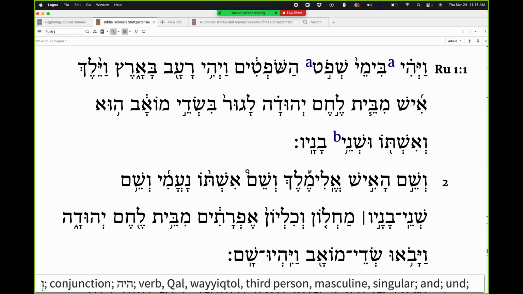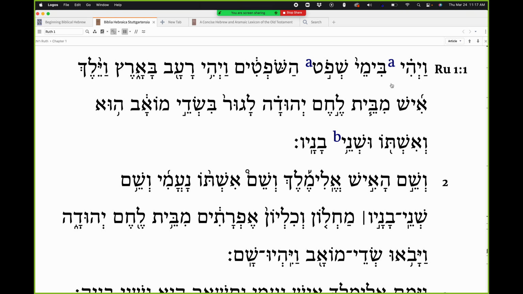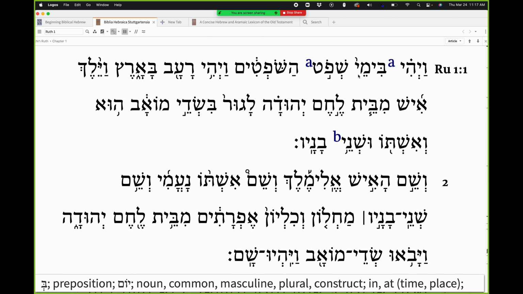When you have those letters, they won't always have the dagesh that you expect, especially if there's a shava under them. So here we have the jussive of haya with the vav patach attached to the front. This is a vav-relative on the verb haya. So haya means it happened or it became. The imperfect would be it will happen. And then to put the vav-relative on there inverts that back to past tense. It happened. So it happened in the day,